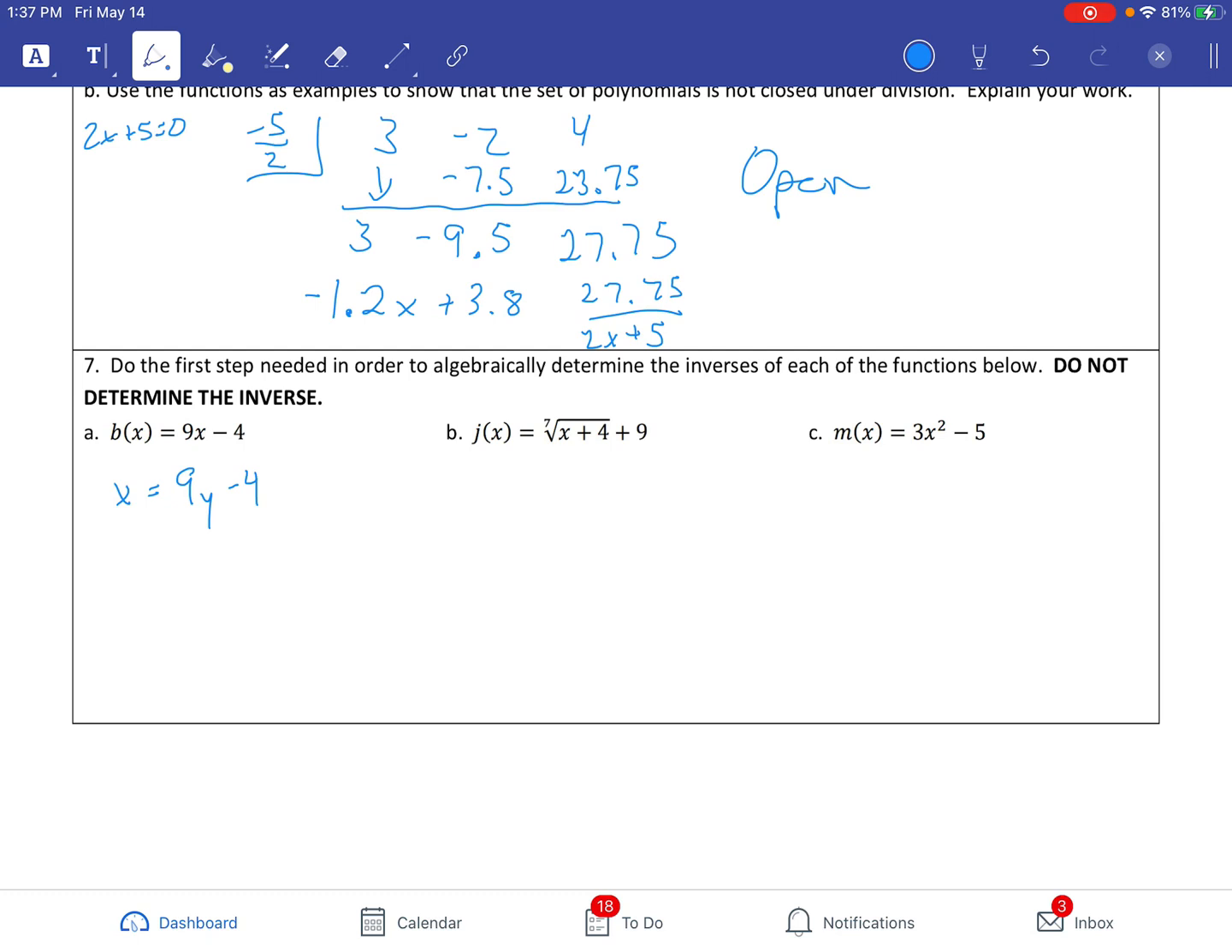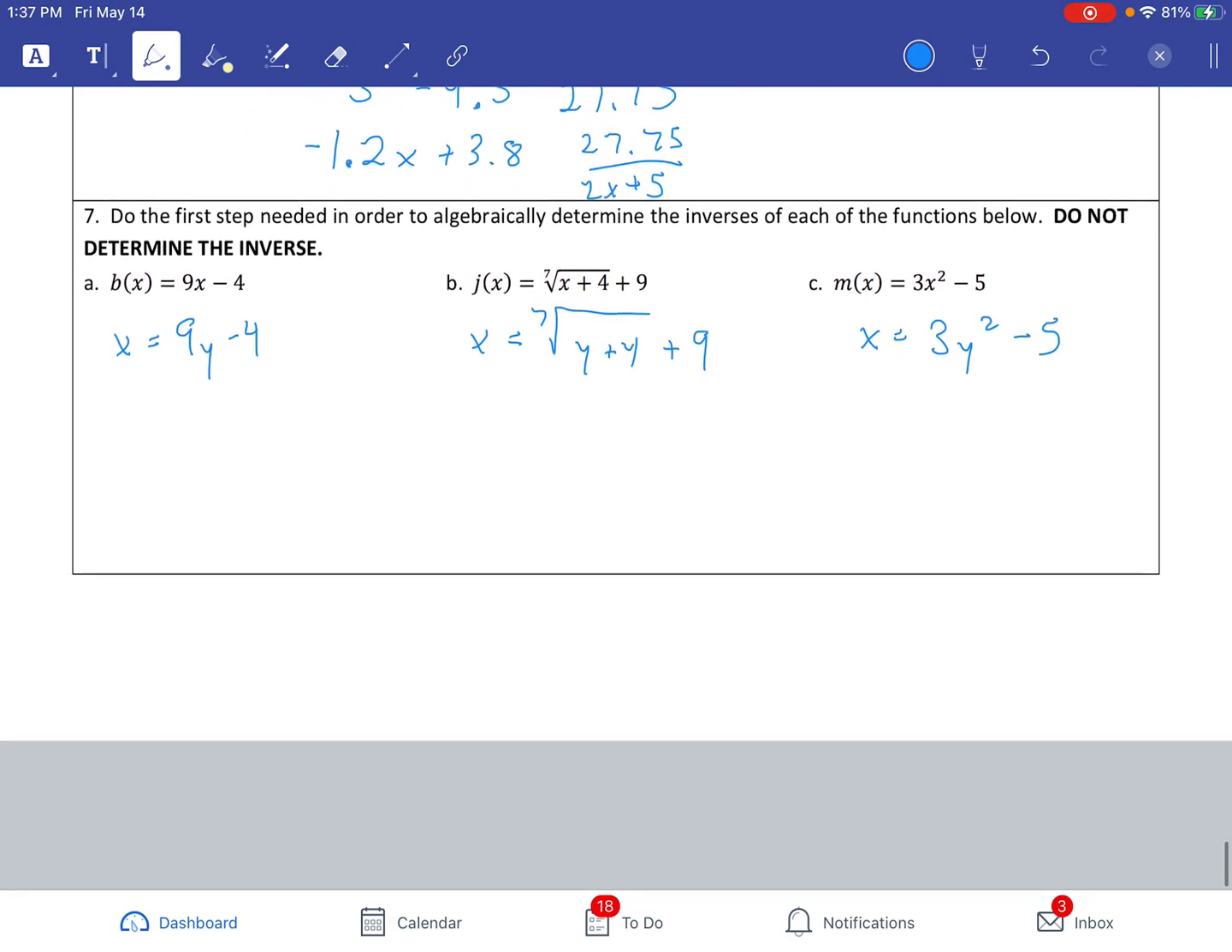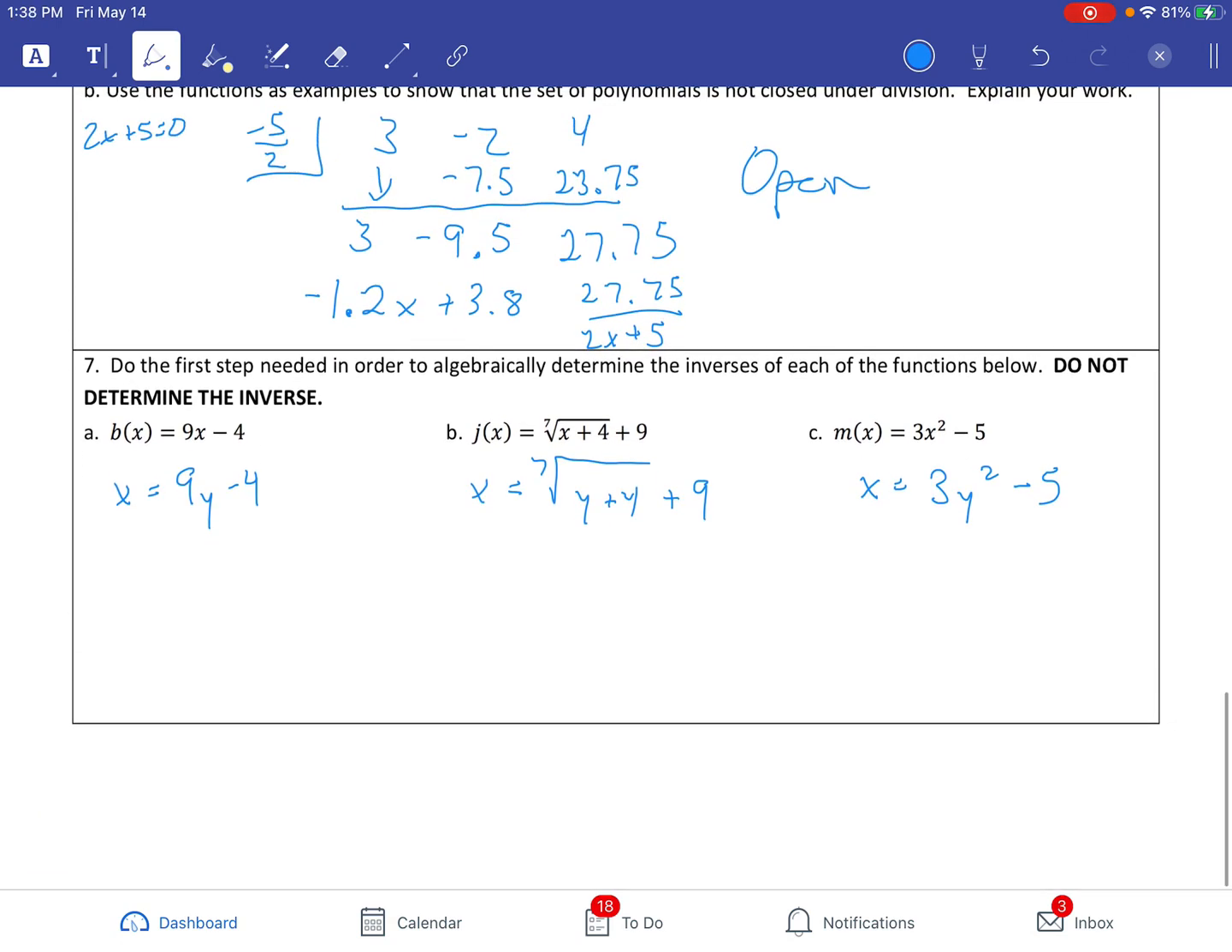That's it. Next one, it should be x equals the 7th root of y plus 4, plus 9. On the next one, x equals 3 times y squared minus 5. That's it. So you need to show how you know how to do the inverse, but you don't have to show the inverse for this particular problem. And that's it. Good luck on